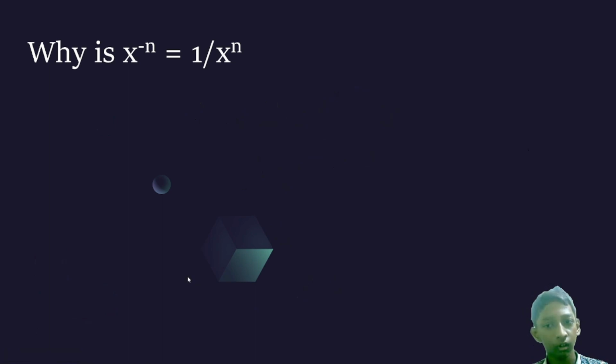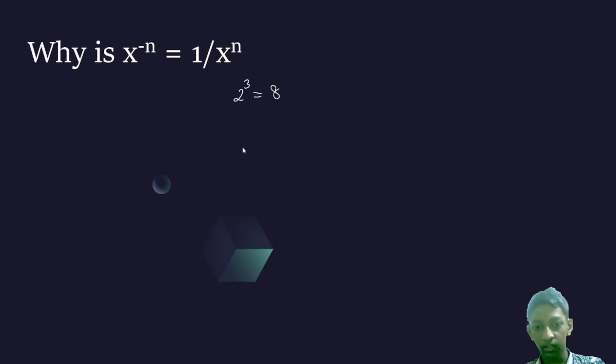x raised to the power of minus n is equal to 1 by x raised to the power of n. In the last three parts, we have been learning this law as x raised to the power of minus n is equal to 1 by x raised to the power of n. But why is x raised to the power of minus n equal to 1 by x raised to the power of n? So for this, let's take a pattern like 2 raised to the power of 3 is equal